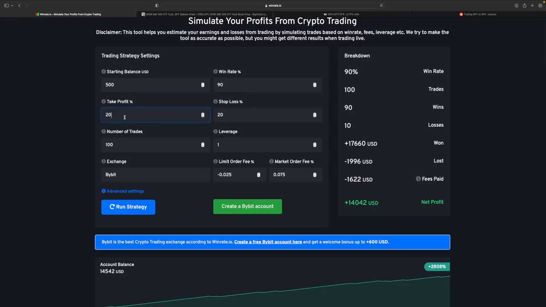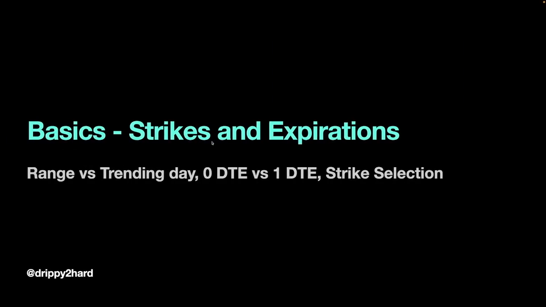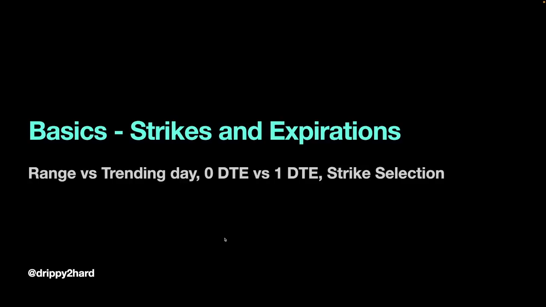For 0 DTEs, for example, you can increase the profit from 20% to 40-50%, because they can go 50% easily. So this is where you need to adjust your mindset. For 0 DTEs, you need to have a wider stop, but also you can take profit at a higher level. For 1 DTE, reduce both of them. So it comes down to how reactive you are, how fast you are, and your personality comes into play here.